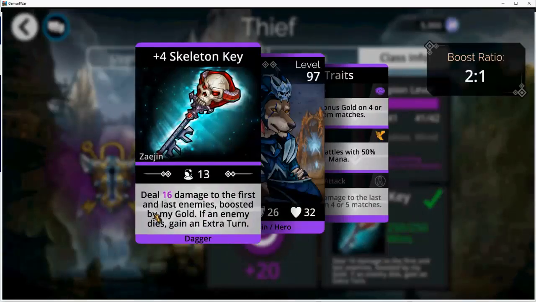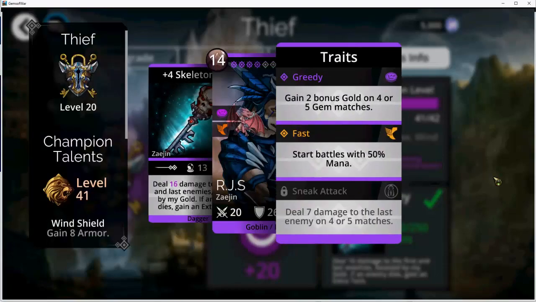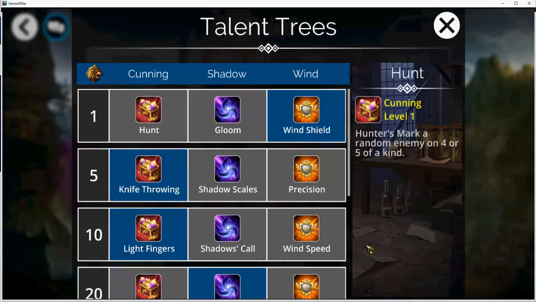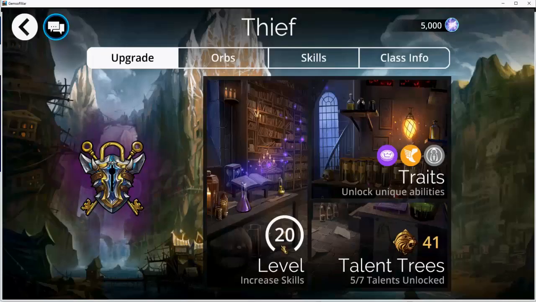As you saw, the skeleton key, an excellent one, boosted by gold, and gold is very easy to boost, especially once you look at the talent tree. And the talent tree unlocks as you gain XP, not this level here. So you have a talent level and a sort of class level. And your class level you increase using orbs in the same way that you would level a troop. So it's worthwhile